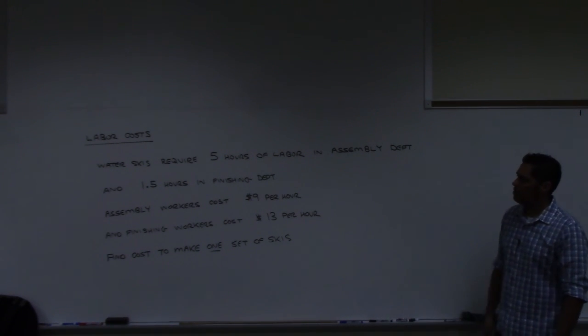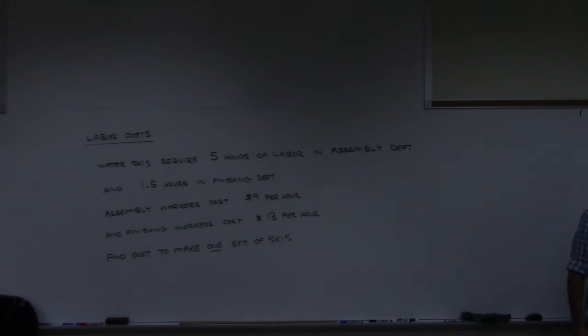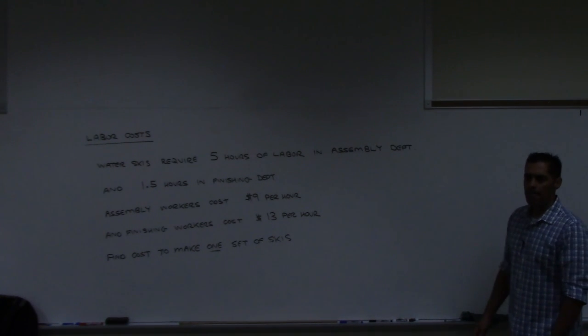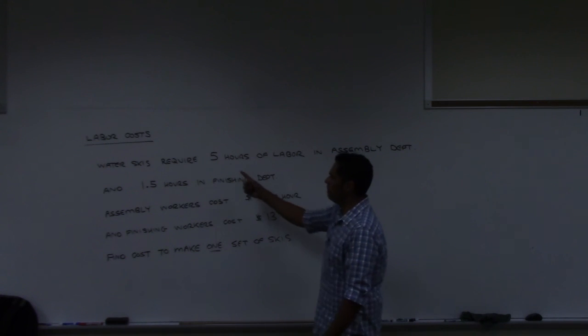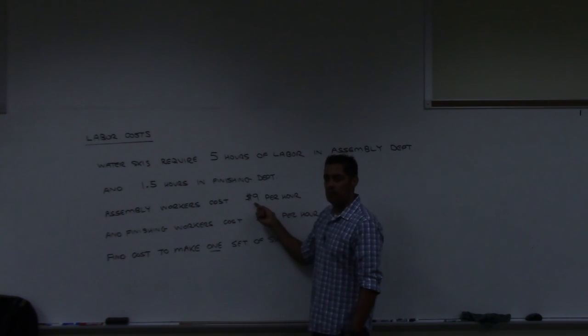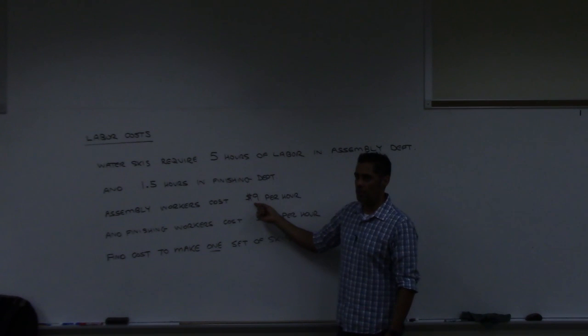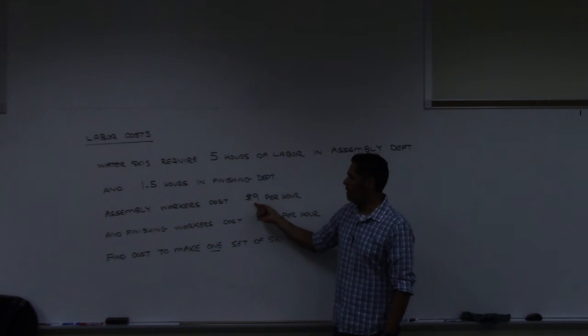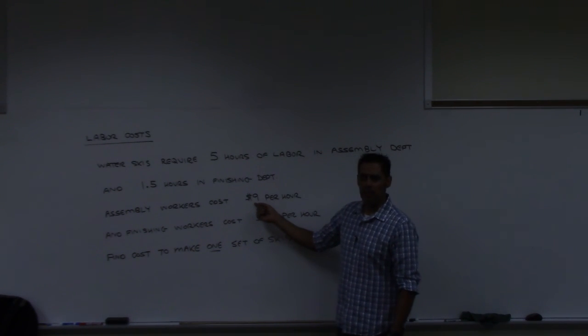So how would you get this total cost? Well, you said 5 hours of labor. 5 hours labor, $9 per hour. So it's 45 bucks. And then, after it gets through with the assembly, it's got to